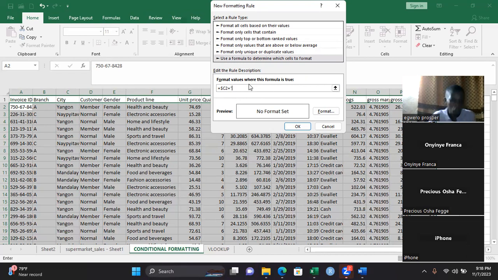So I will now follow the way Yangon is typed here, starting with capital letter, and then follow it just the way it is in the record. And then you also close it with the same quotation. So what we are saying is that in this variable, cell C2, if you can find value that is equals to Yangon, then format